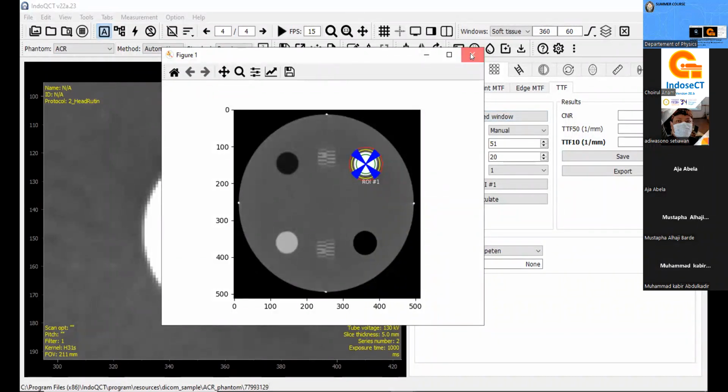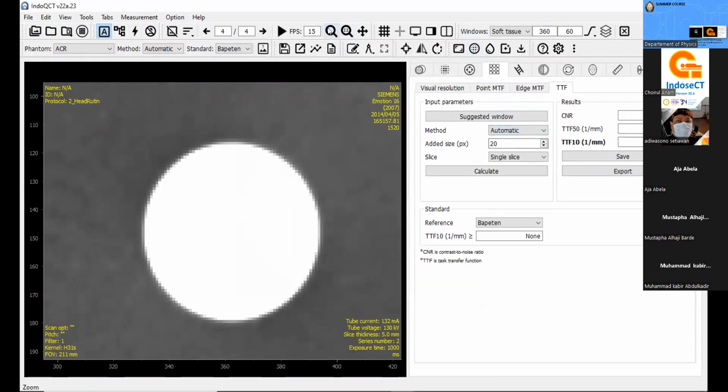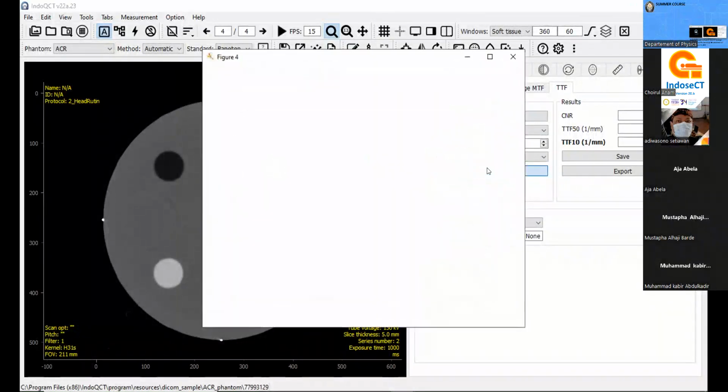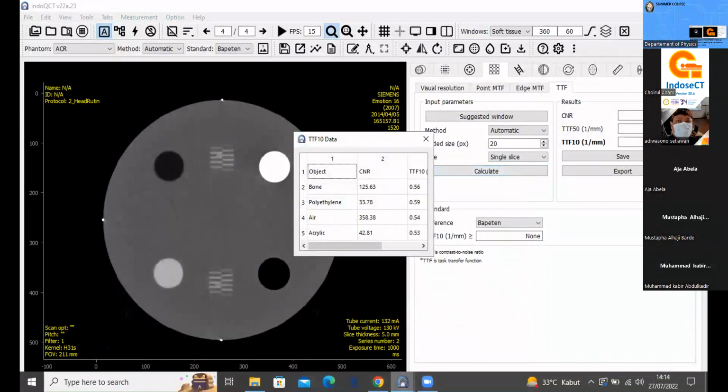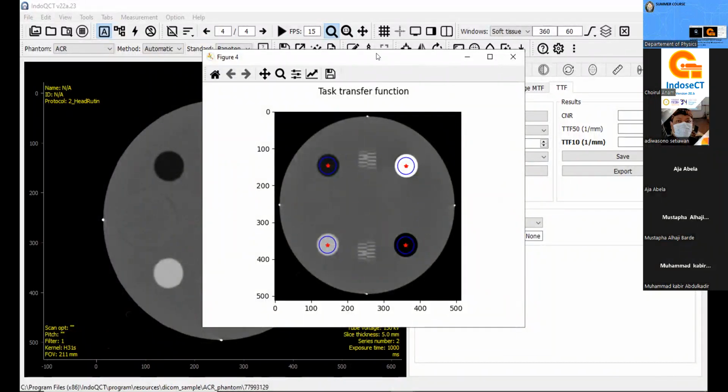Okay, we can use the manual and also the automatic. If we measure using the automatic, we will measure from the 4 objects here. This one, this one, this one, and this one. Okay, and I will measure by clicking this button. We wait a minute, and this is the result. And this is the detection of the location.